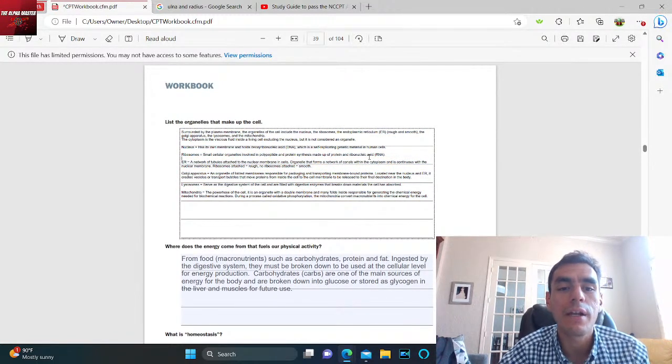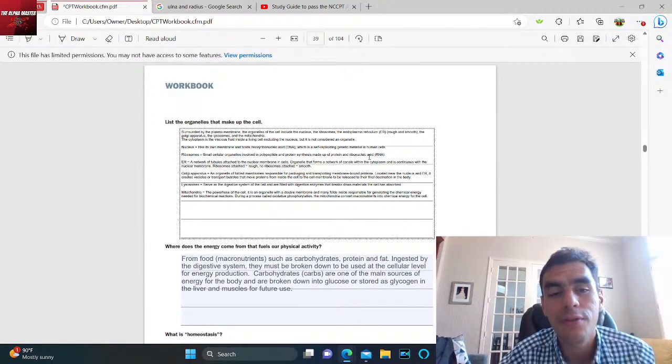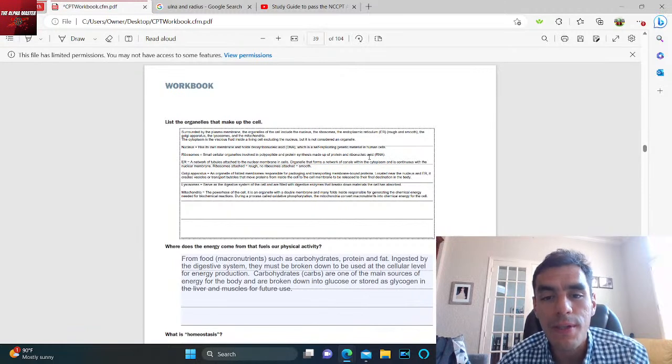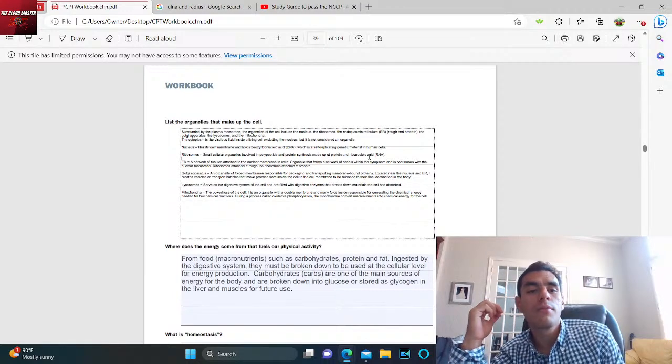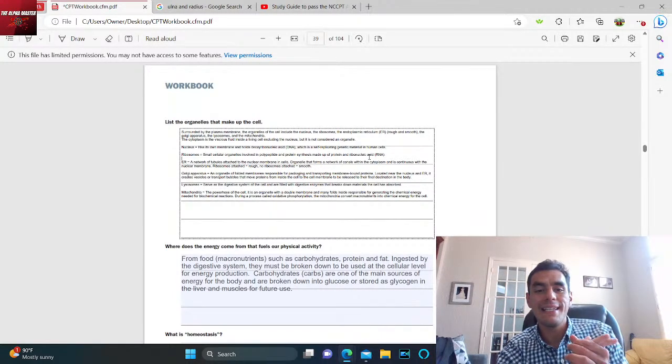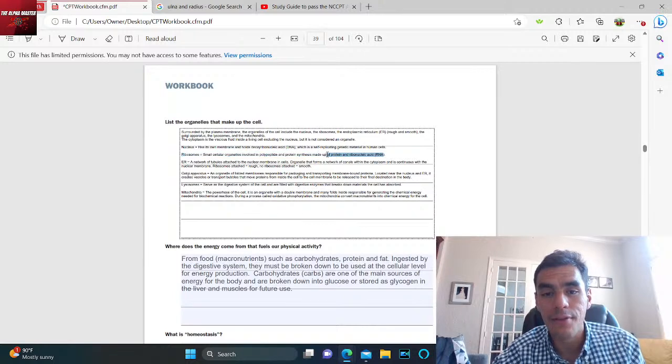So the nucleus has its own membrane and holds deoxyribonucleic acid. It holds the DNA, which is a self-replicating genetic material in human cells. Ribosomes are small cellular organelles involved in polypeptide and protein synthesis, made up of protein and ribonucleic